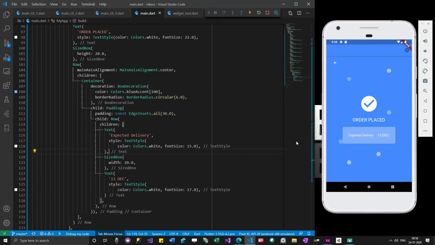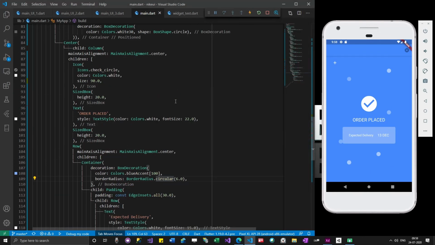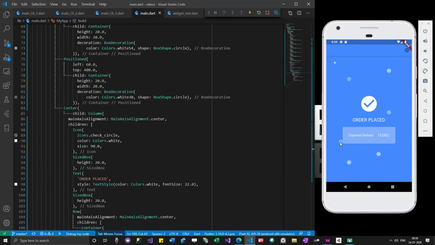The reason why, anyways we have almost achieved this stuff, right? Except this bar over here, which we will get rid of by adding a custom app bar. So you guys can actually do it, and then everything else looks very similar. But since we have added so many circles, you can see that this circle is so close to the actual container, but identifying what is the code for this circle will be slightly difficult, right?